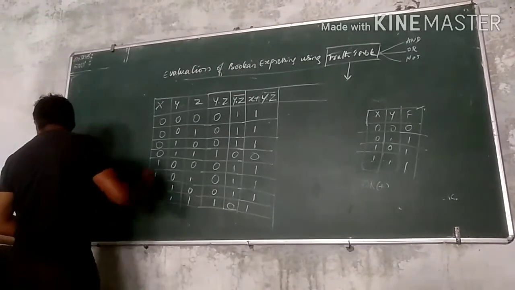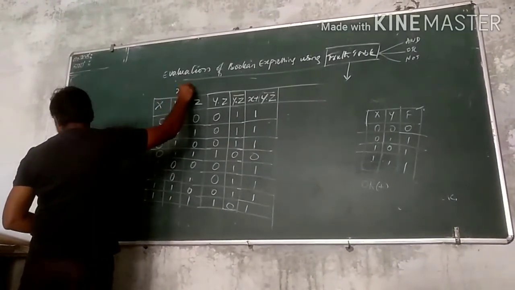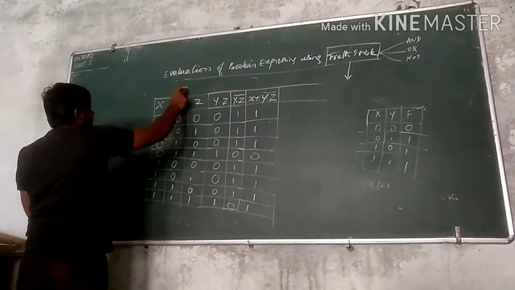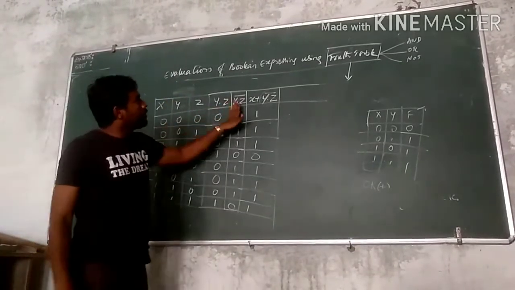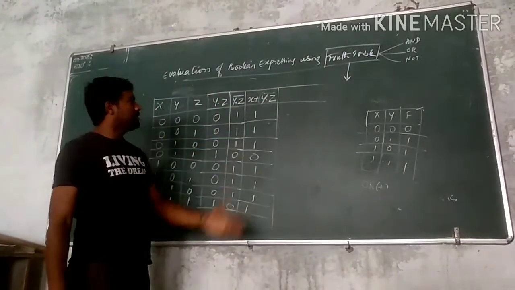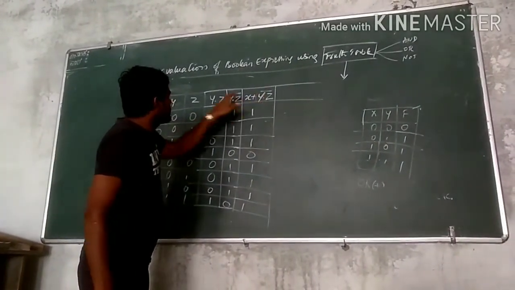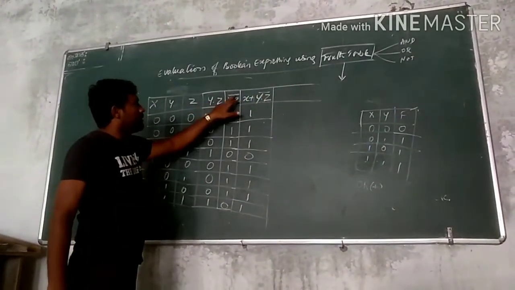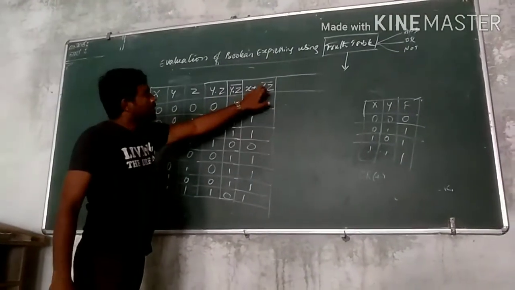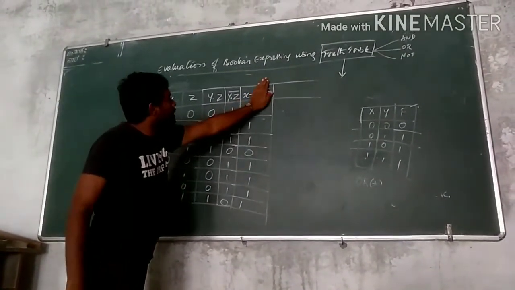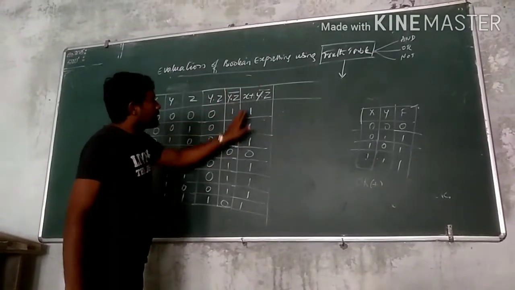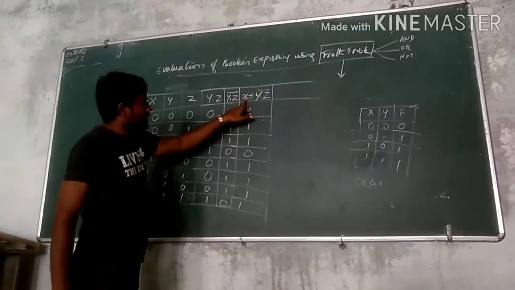Let us go for the final equation. We have taken the equation x plus, let it be, but you need to go for the basic things. Later we will go for the main expressions. I hope you understand that. Here we are using y dot z complement, x plus y dot z complement. Y dot z complement, in the sense the whole term has been taken from this value, that should be added with the x over here.